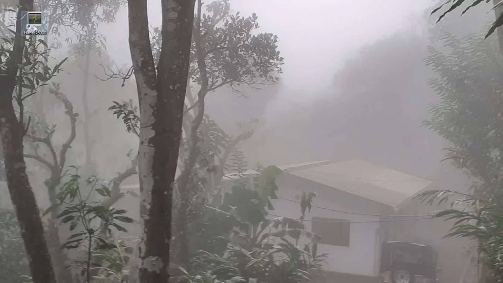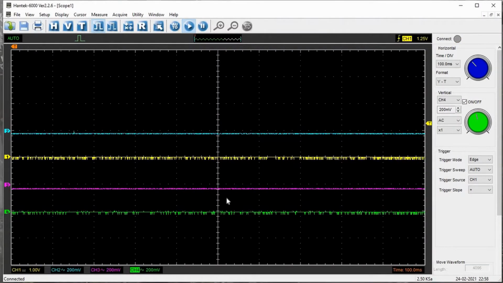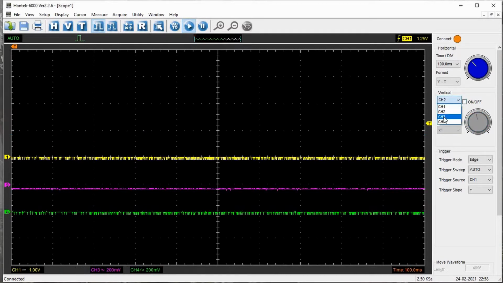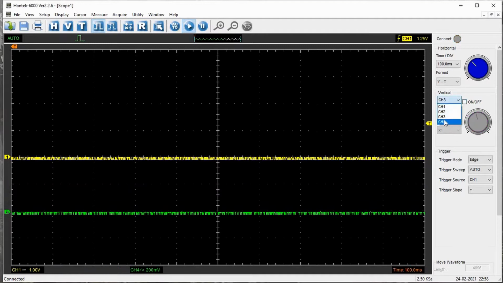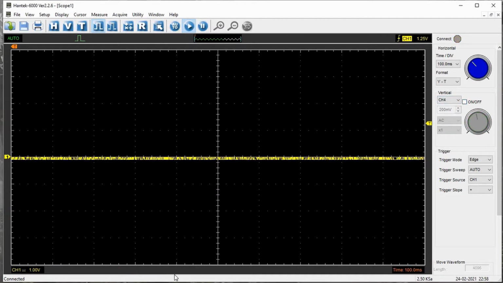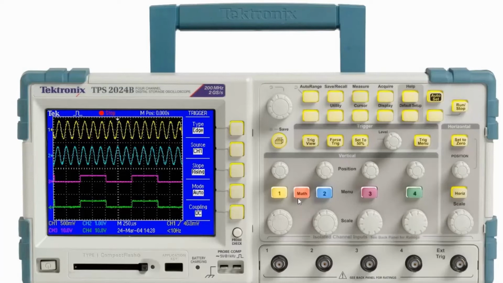So let me start the software. Okay, now this is a 4 channel oscilloscope. Let's disable all the channels except channel 1, which we will be using. Normally also you should not display channels which you are not using, as it will become a bit confusing. So let me turn off all the channels. Here the way to turn it off is you select channel 2, click on this, channel 3, this, channel 4, this. In the normal traditional ones, there will be a power button right here. You can just press on 1, 2, 3, 4 and it will turn it off.